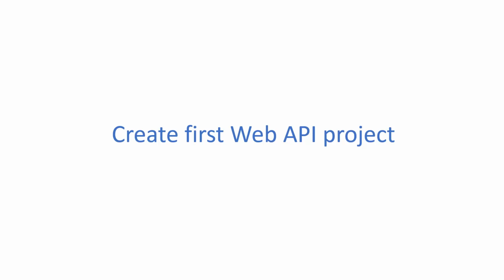Creating your first project is always an awesome feeling. In this module, we will work on how to create your first web API project by using ASP.NET Core 5. We will learn how to build that project, how to run that project, and how to test the APIs that are provided by default in that project.